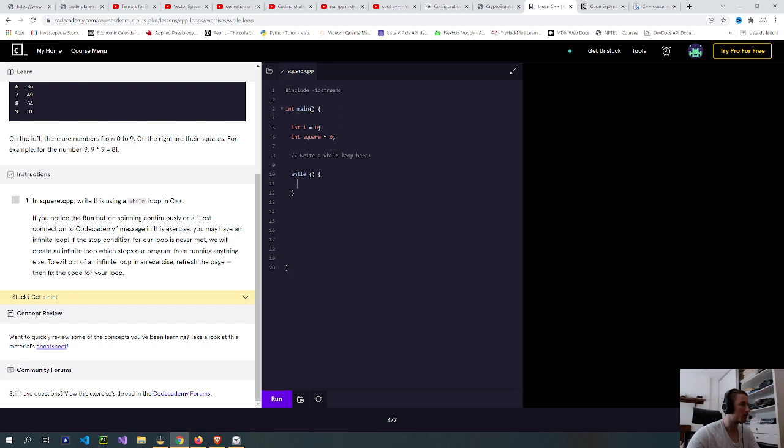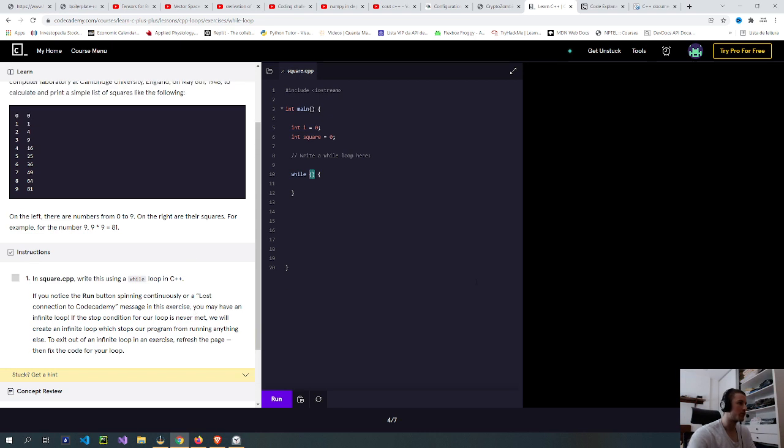We will create an infinite loop, which stops our program from running anything else. To exit out of an infinite loop, refresh the page, then fix the code for your loop. So I think I'm gonna put the condition to I equals 10.